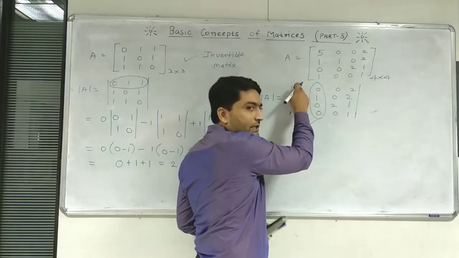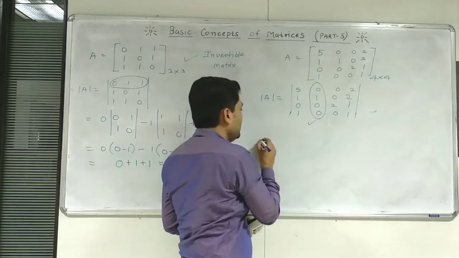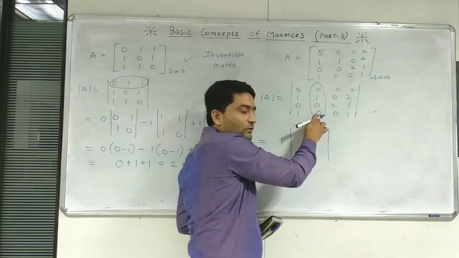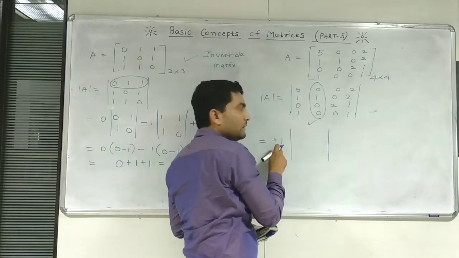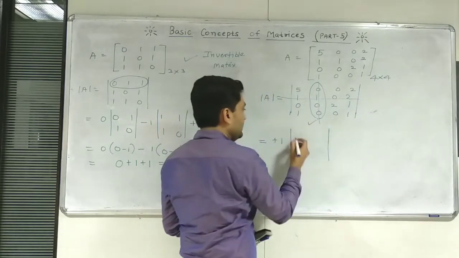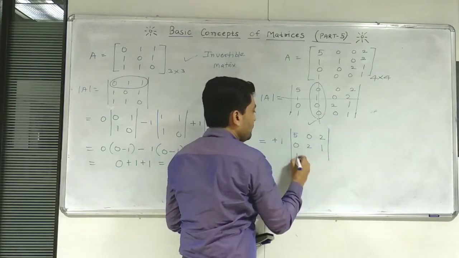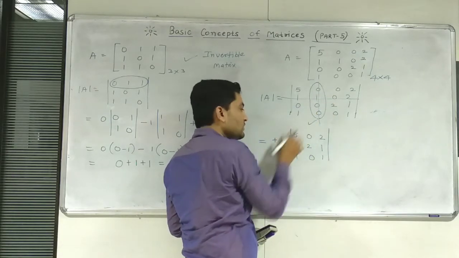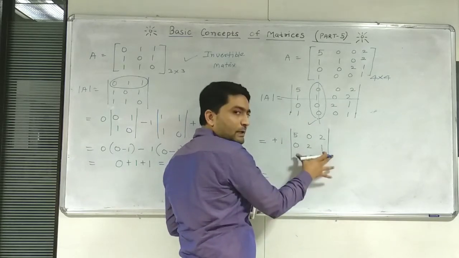So plus, first entry is plus entry, then minus, then it will be plus entry. So first we have to write down 1, because 0 multiplied by any number is 0. So we have to write 1, positive, negative and positive, so we write plus 1. Now removing this column and this row, the remaining entries are 0 2, then 0 2 1, 1 0 1. Now this entry is 0, this entry is 0, and this entry is 0, so we get only this entry. 1 multiplied by any number is that number only.